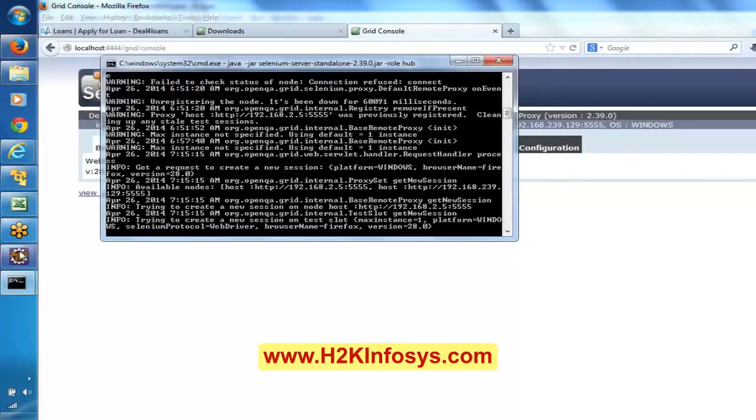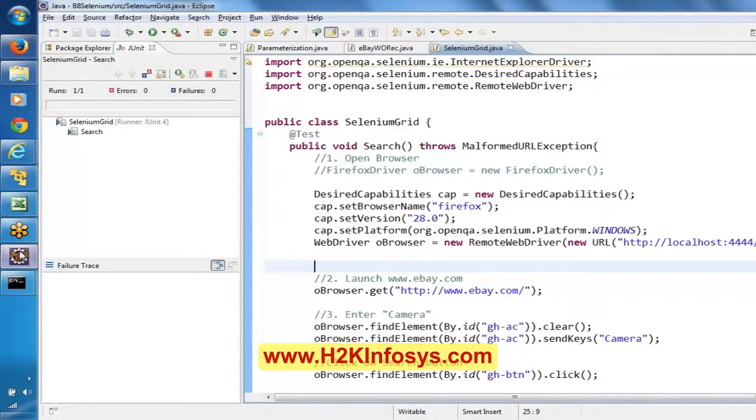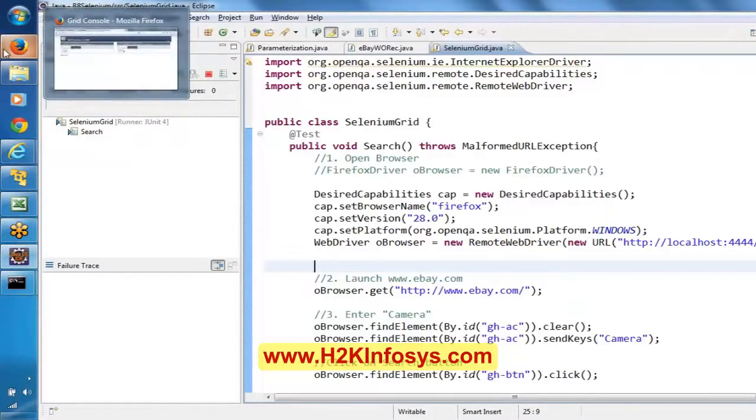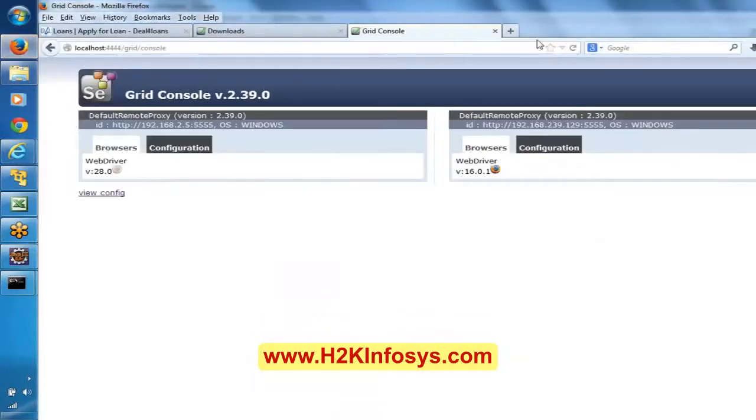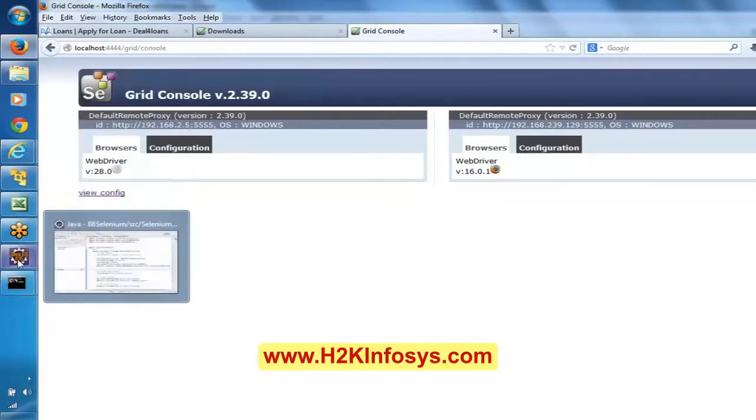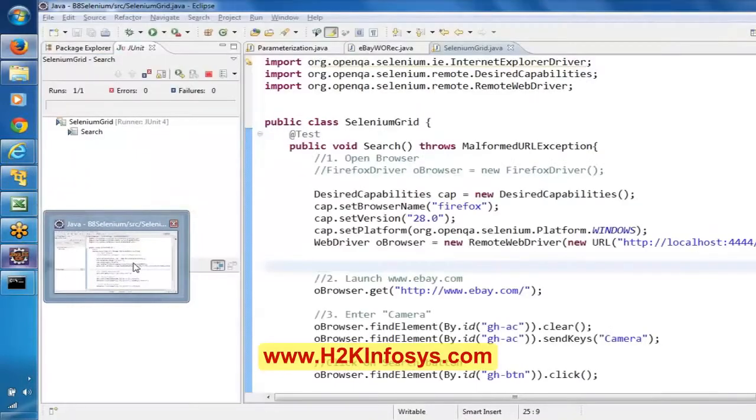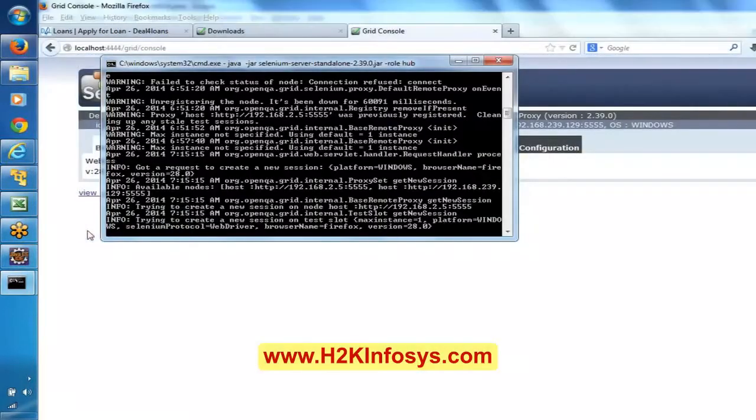It is not opening the browser. No, actually, this will not take this much time. It's like a normal way. Even it is not throwing any error here, and you could not see any browser.